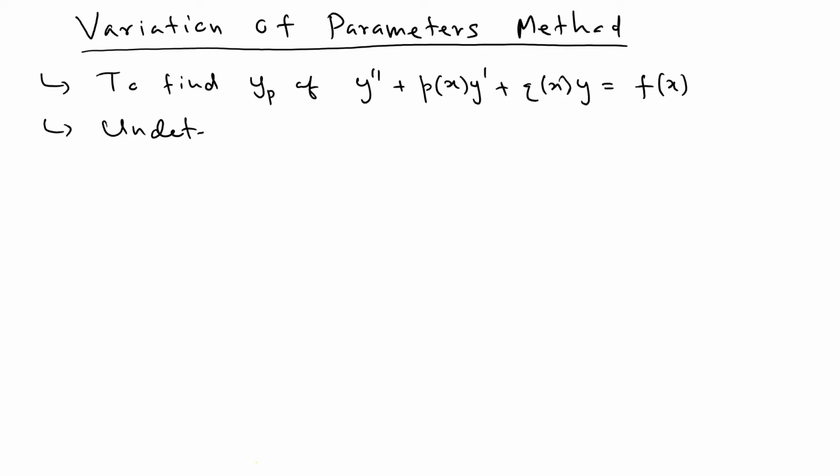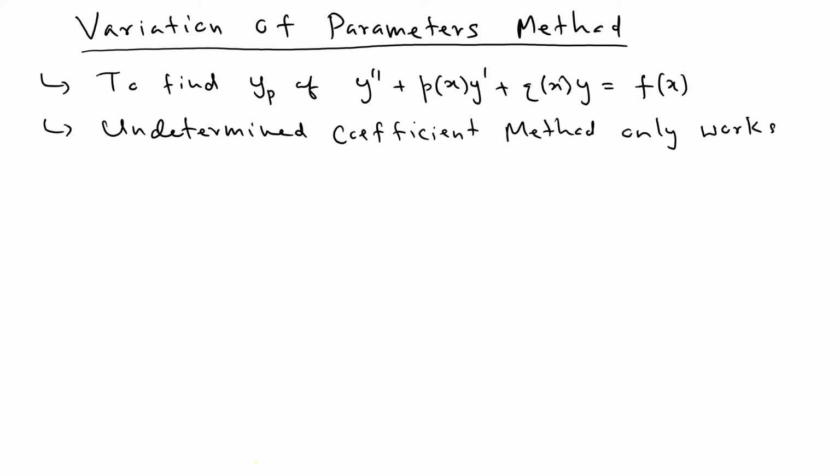The undetermined coefficient method only works for three cases, when f(x) equals these three cases. What are the three cases? The f(x) function can be something times e to the at type, or a cosine